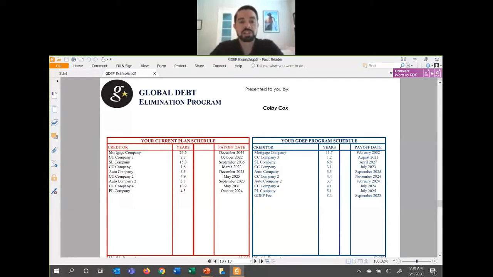Currently, it's going to take you 24 years to pay it off, and it'll be paid off in December of 2044. Then you have your credit card companies. It has your student loans, your auto, all the information you've entered. The way you're doing it right now, this is how long it's going to take you to pay off the